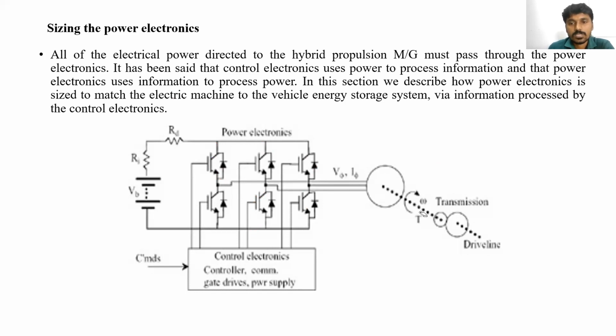Clear? And also we have to see the speed of the vehicle, how much speed is required. What will be the rated voltage of that motor? Whether this rated voltage of the electrical motor can be handled by the power electronic switches or not, that is also we have to check. Clear? So based on voltage, current, frequency, speed, and torque, by considering all these parameters, we have to select the switches.